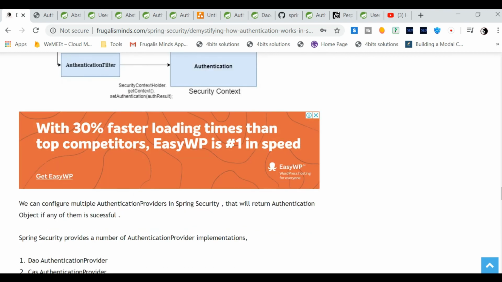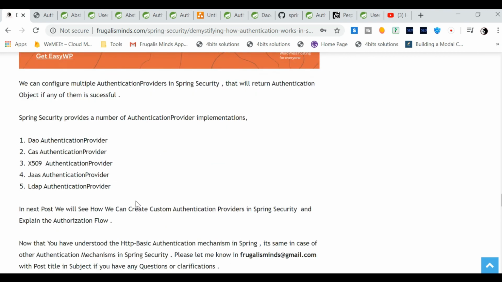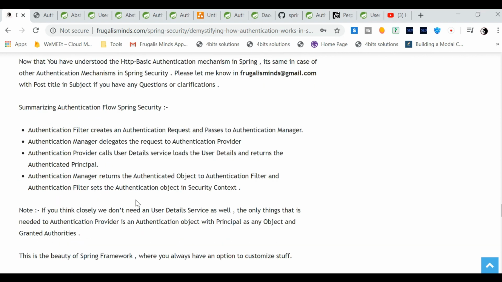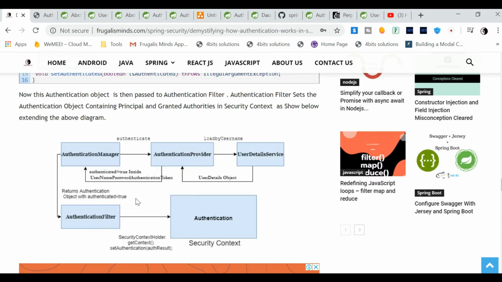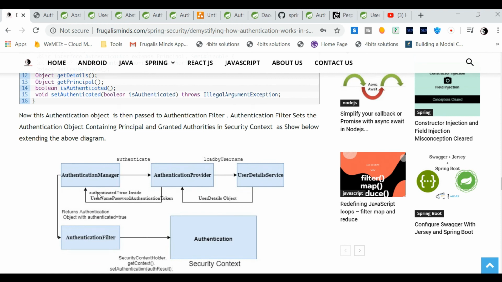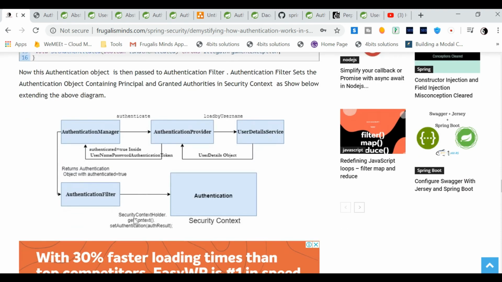So now your user is authenticated and you got an instance of this object as a principal. Now this principal is set in the thread local context. For the first time, once the user comes in and tries to log in, it retrieves from the DB and performs the authentication using the authentication provider and returns me a true or false along with the user object. Now that is stored in the form of a session in thread local.